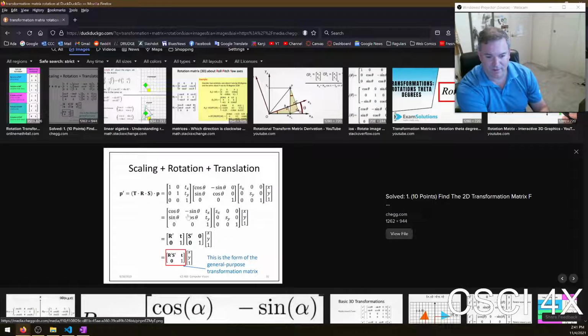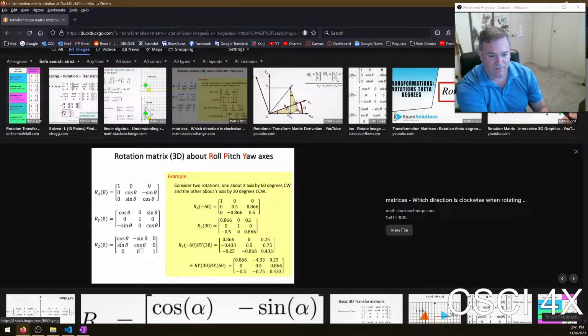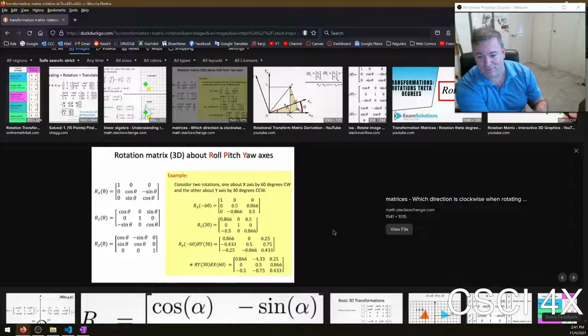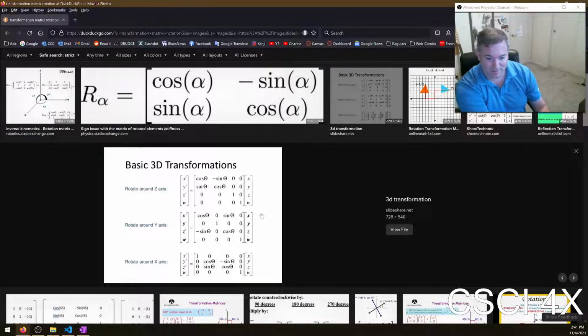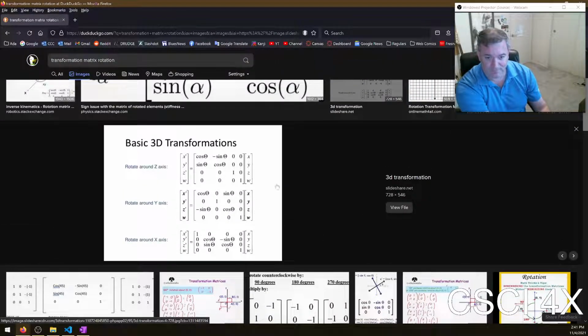Cosine, sine, negative sine, cosine. That's what you're doing when you do a rotation in 2D. You're rotating around the Z-axis, even though there is no Z-axis in 2D space. So we'll do this one. And yeah, you just have a cheat sheet. I could probably memorize it if I wanted to, but